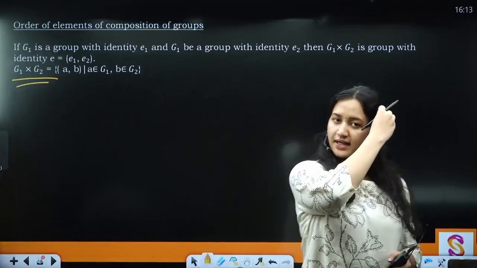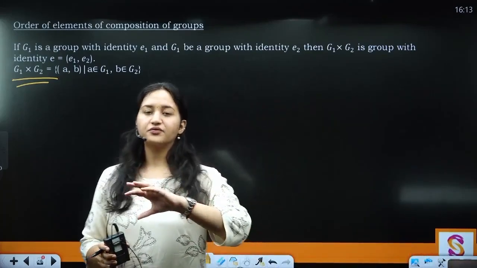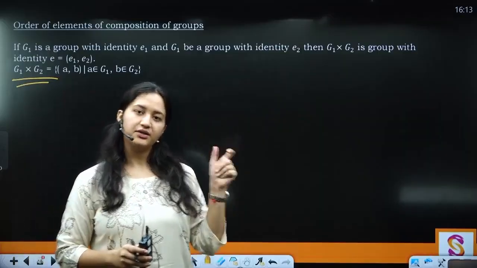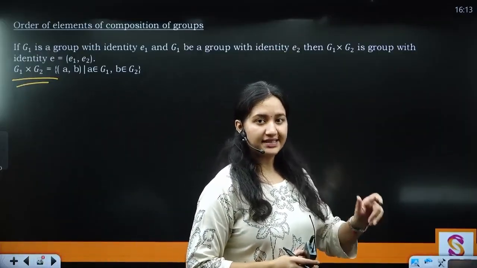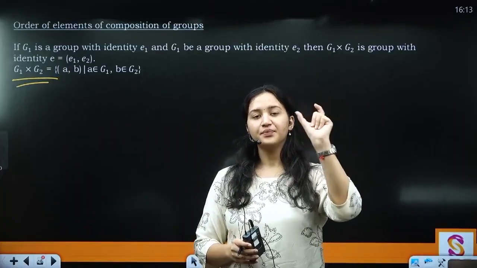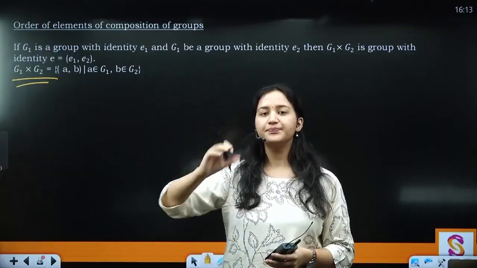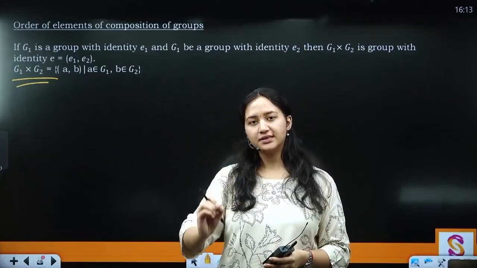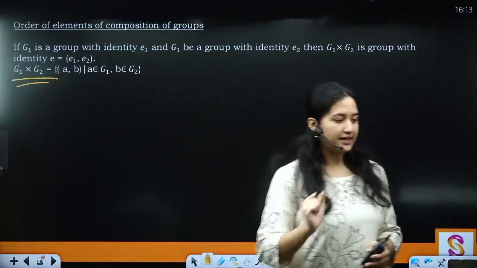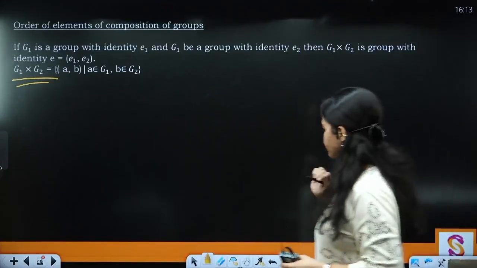And we also saw how to calculate the order of such elements, where you are supposed to take the order of the first element and the order of the second element, and then calculate the LCM of both. That is going to be collectively the order of the element which belongs to G1 cross G2, in this case Z2 cross D4, right? Now today we'll be taking up some more examples. Now the first example being, let's see, Z2 cross Z.